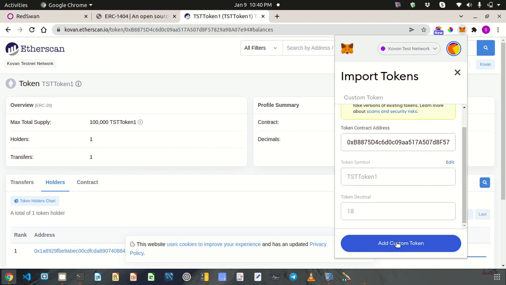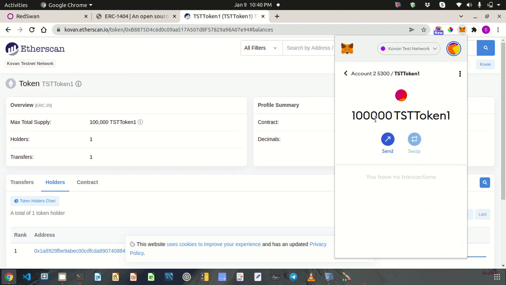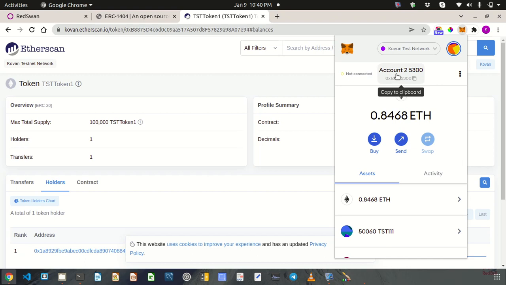And if I click on add custom token and import tokens, you can see that the MetaMask is showing how many tokens or balance this particular account is holding into the blockchain. So this is the company account,